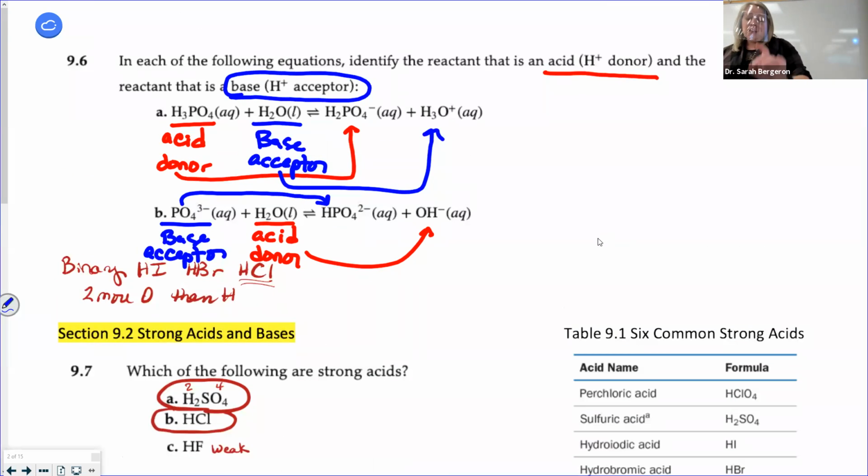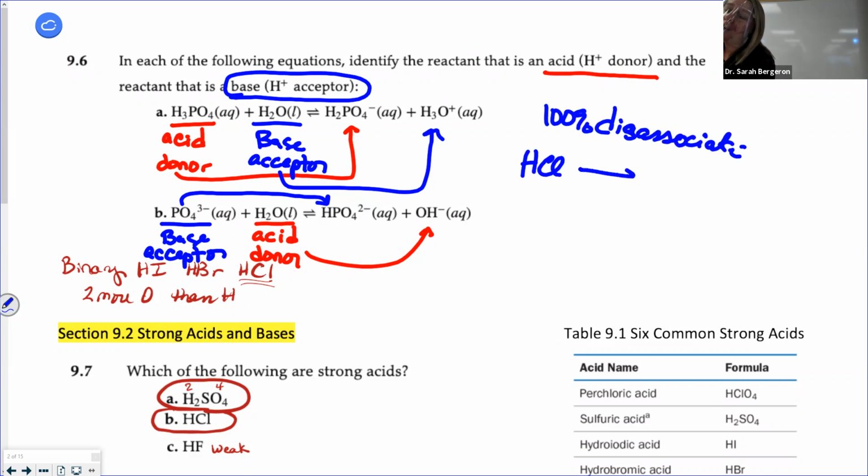All right. So now, there are different types of acids. Some acids are super happy to give up their hydrogen. They 100% disassociate in solution. What do we call those? Something that disassociates 100% in solution. Disassociation. Like HCl, 100% disassociating. I do it as a single arrow. I get H plus Cl minus.